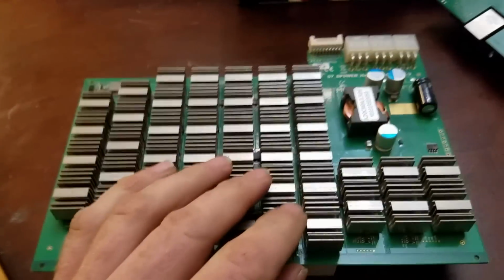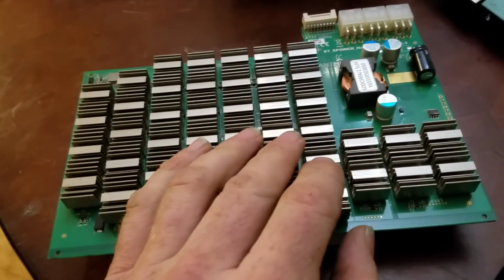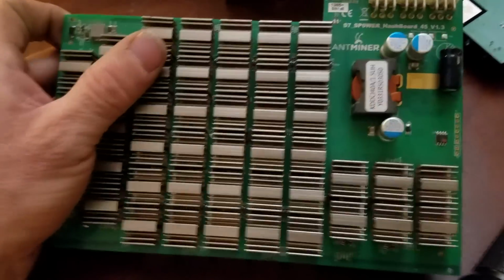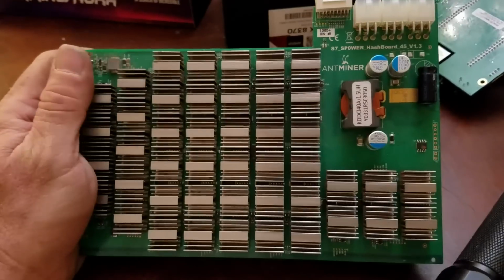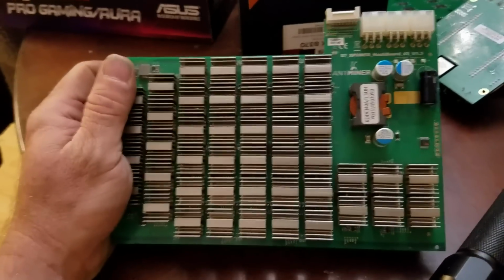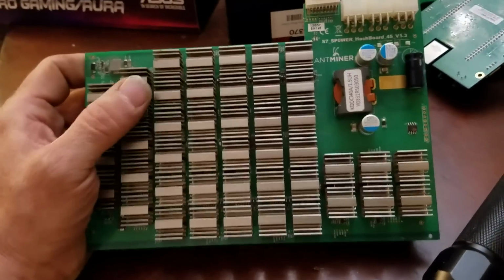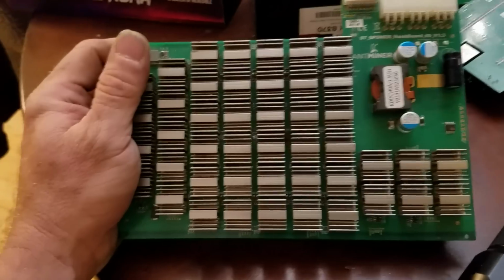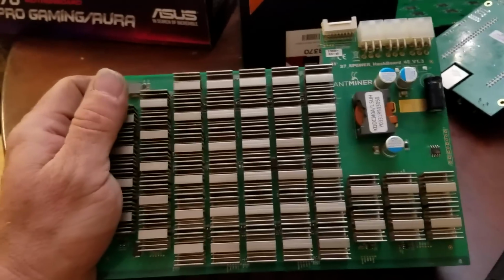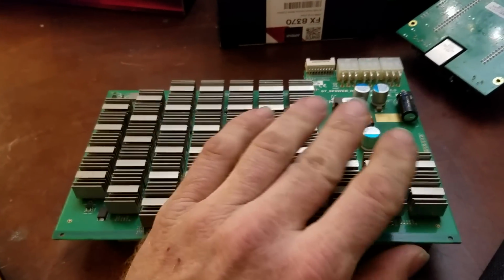I've gone to purchase people's mining farms where they just say, hey, I don't know what's going on. It's costing me an arm and a leg. My hash rates are always going down, and it's not profitable for me. Can you come take a look and make me an offer on all my machines or whatever? And I'll go through each machine and determine which ones are good and which ones aren't, and I'll make offers on them, or I won't even buy any of them in some cases,